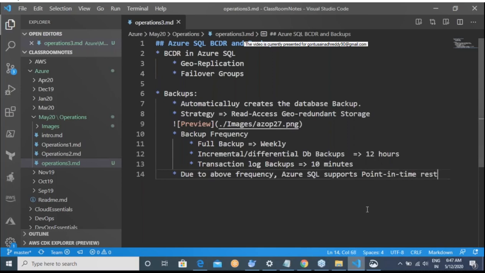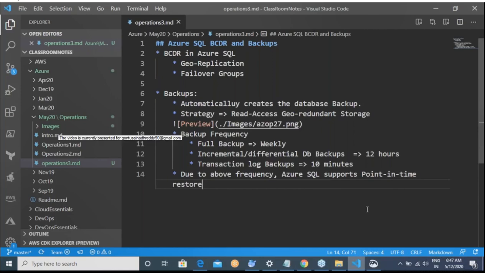So you just have to tell it the time of the data. For example, if you want to recover the data, you tell it, okay, I want to recover now. When I'm doing this recovery, what is the exact time which you want? That is called point in time restore. So now, can I do the restoration? The answer to that question is yes, you can definitely do the restoration.